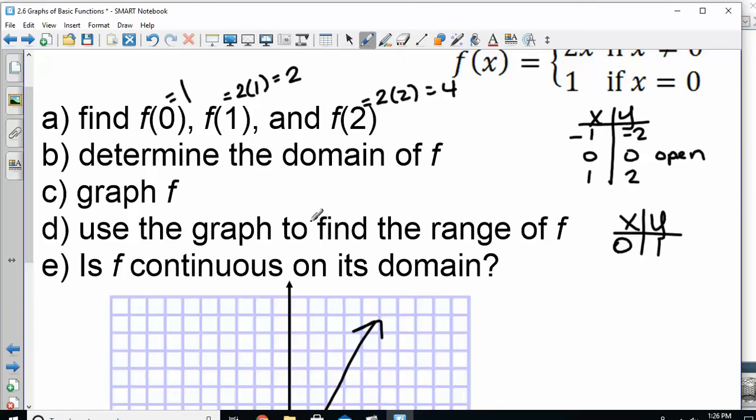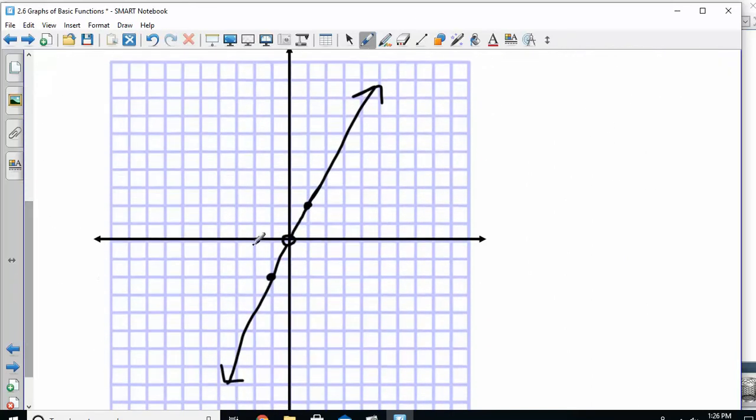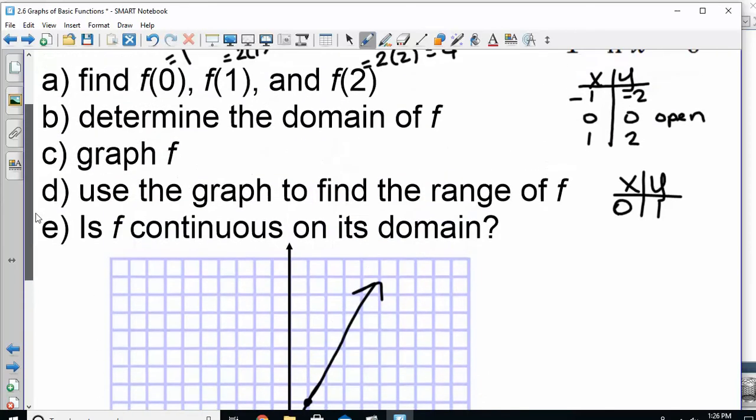So then we've got our graph looking at our domain. Domain is talking about our x, so we just have that one point at 0, 1. If I'm looking at this, going from left to right, is there any x value we don't hit? No, we hit them all, so my domain would be